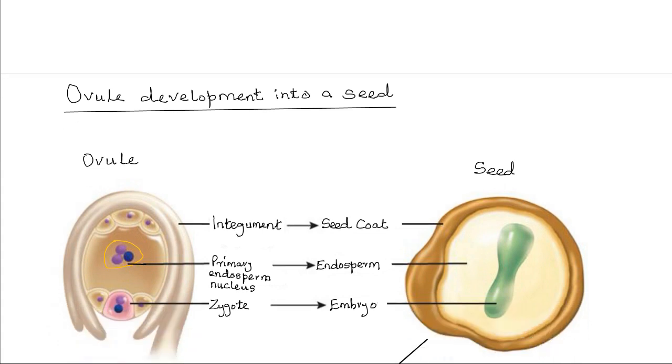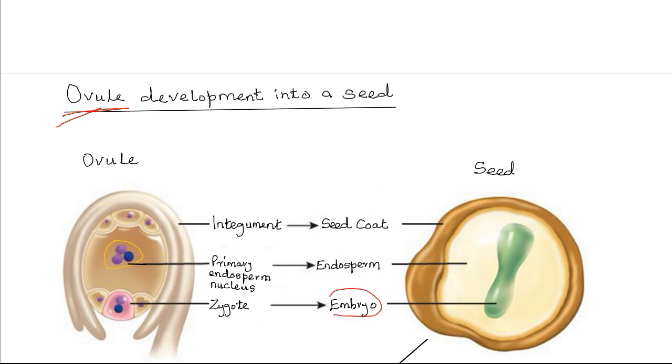And the seed develops from the ovules that are contained within the ovary. So after fertilization, the zygote undergoes repeated mitotic division and develops into the embryo. The embryo then differentiates into three parts. The plumule,